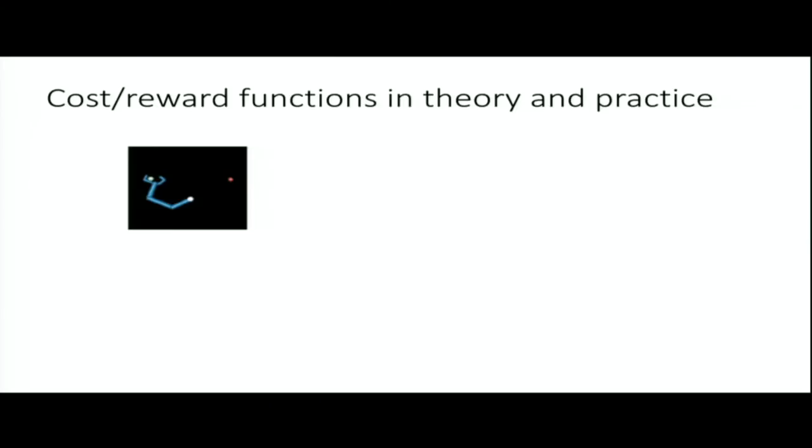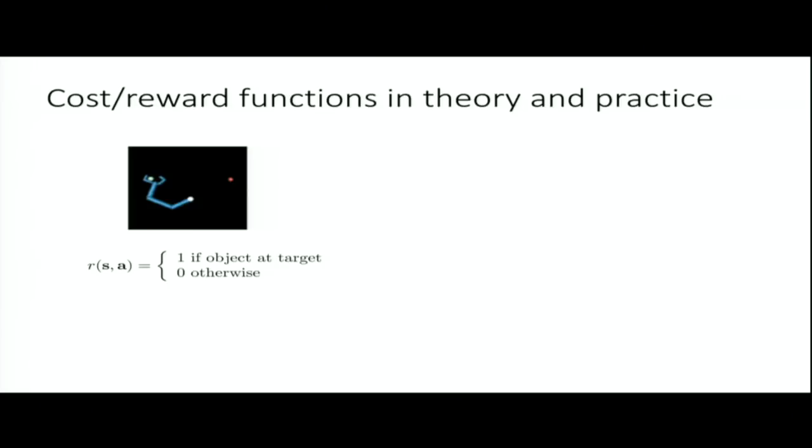Okay, so costs and rewards in practice. Let's see some examples of some reward functions. These are some little benchmark tasks, some of which you'll see on your homeworks. Here's an example of a little benchmark simulation task that we often use in little reinforcement learning experiments. This is a robotic arm that has to grab this little ball and move it to this red spot. What might we choose as our reward function here? Well, maybe we want something simple.